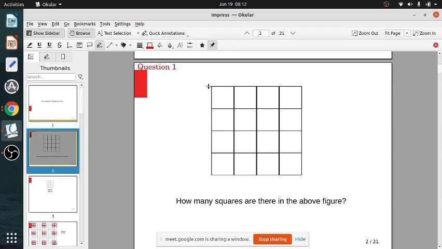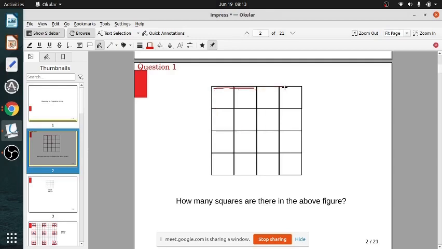You can also take, see, two at a time like this. You can take two at a time, that also will give you a square. Similarly, you can take three at a time. You can take three squares, that also is a square. So total how many squares? I can take separate squares. I can take here 2 and here 2, that means this will be the square. Similarly, I can take this one 2. So like this, how many squares are there?